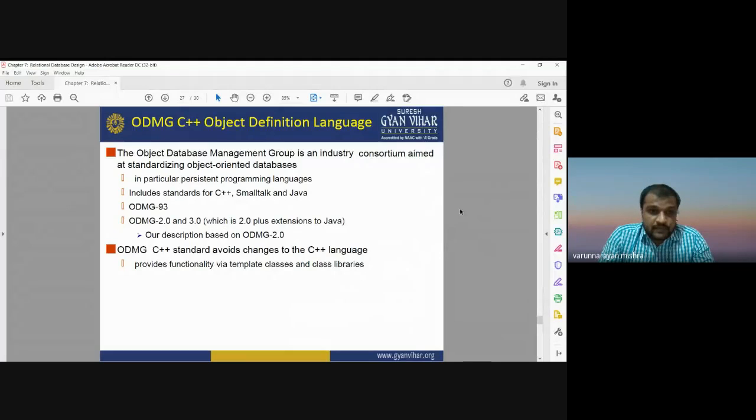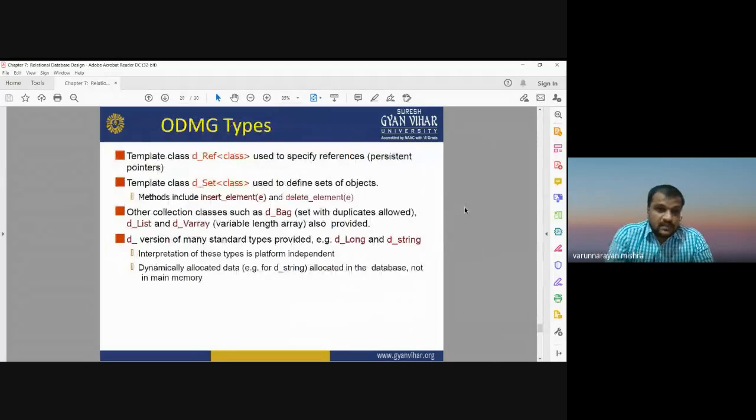ODMG types. It may support different types. A template class may be used to specify the references. A template class may be used to define a set of objects. It may have different methods, including the insert operation and delete operation. There may be other collection classes, for example to handle duplication of objects.